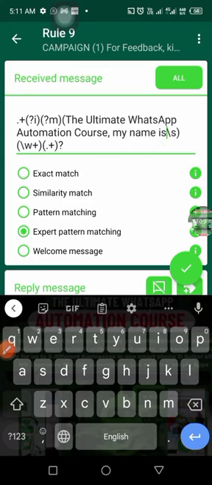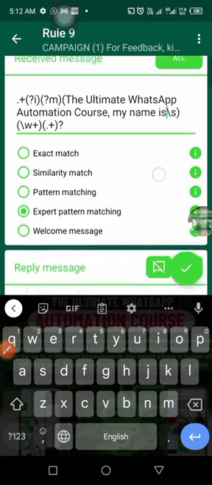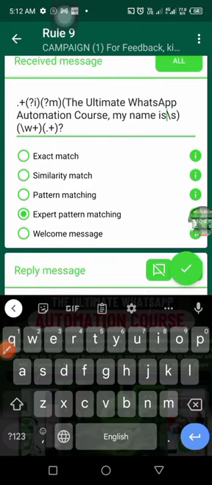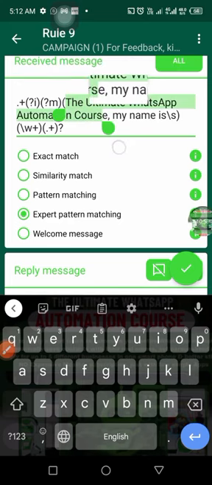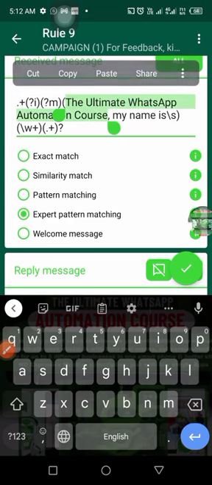You might be tempted to put star here and there, maybe to make it beautiful or to make it bold, but don't do any of those things here. It's going to alter the entire automation rule. So just leave everything the way they are. The only thing you can do is inside that bracket, remove whatever is inside that bracket and add the name of your own product. So like this one now, you watching this video, you can remove this, the ultimate WhatsApp automation course. You can now change it to maybe